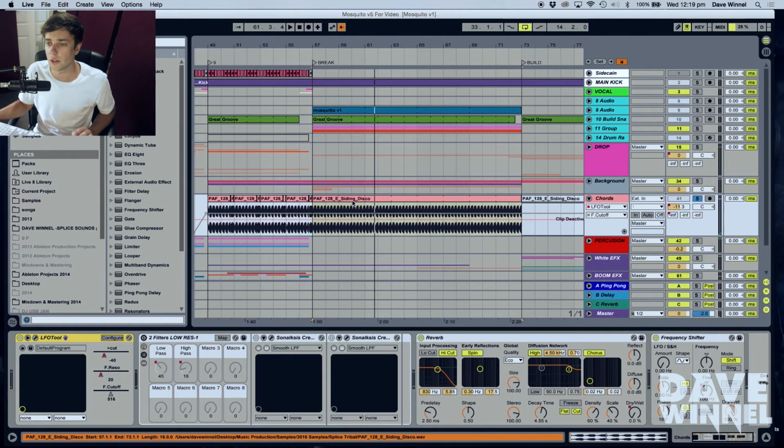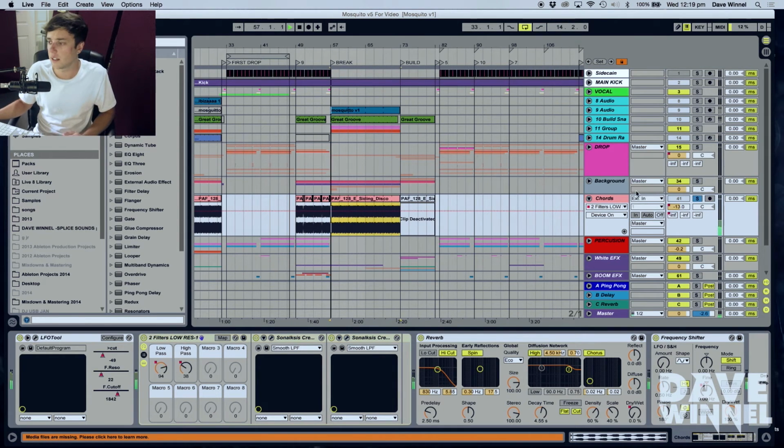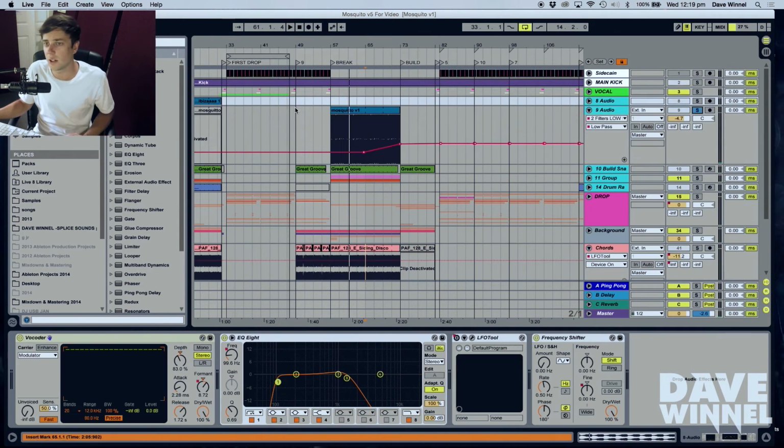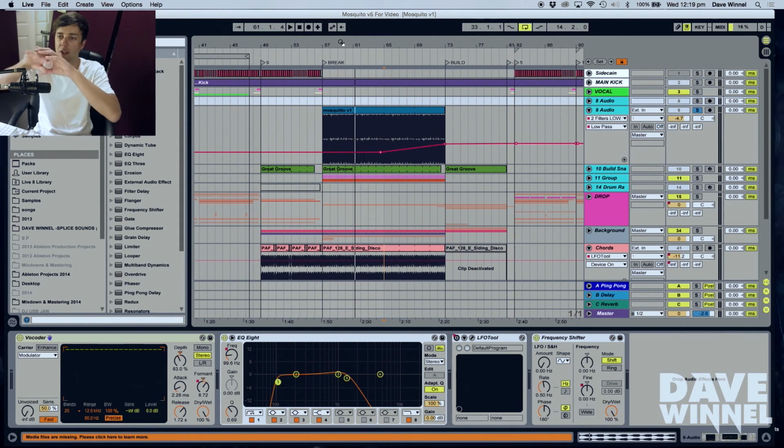So that's something I also do in a lot of tracks. And then after that, I put a 2 filters. So over the course of the track, it just filters in and out. So it's just like building suspense. Another bit you can hear is when it goes into the break, it's actually like the drop, but then